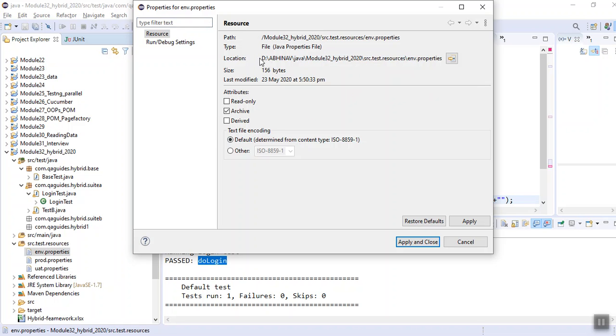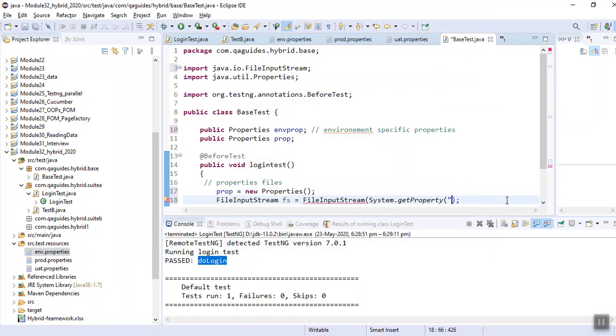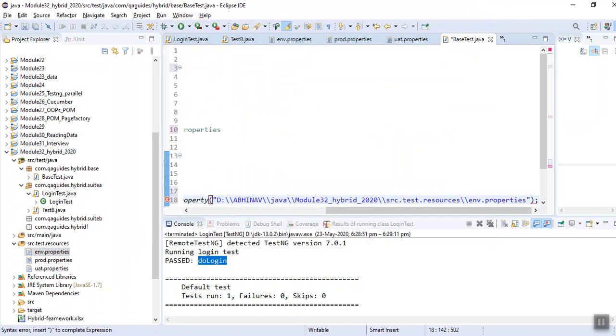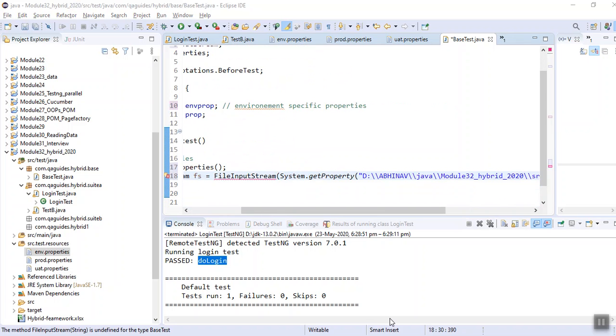I will keep a fixed path here. You can also take it from dir.properties; I am keeping it like this. New FileInputStream.